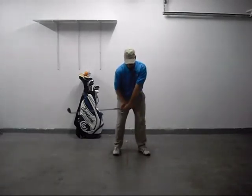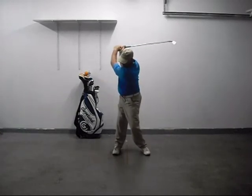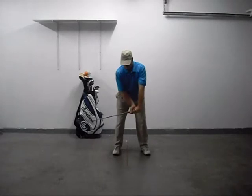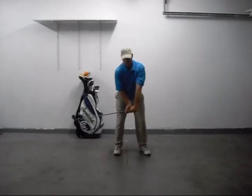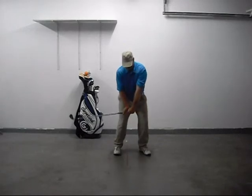Preset the wrist, elbow to the side. Turn. Fold the right arm. Drop the arms and hands back down into the slot. Right arm's on the right side right now. As your hips turn and you push your butt back on the wall, you let your hands come back in front of your stomach. As your right wrist unhinges, you're posting, and you're going to feel your head come up